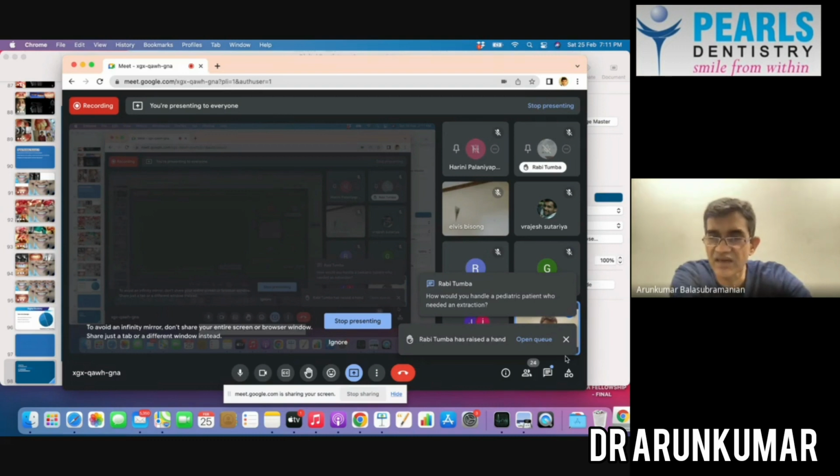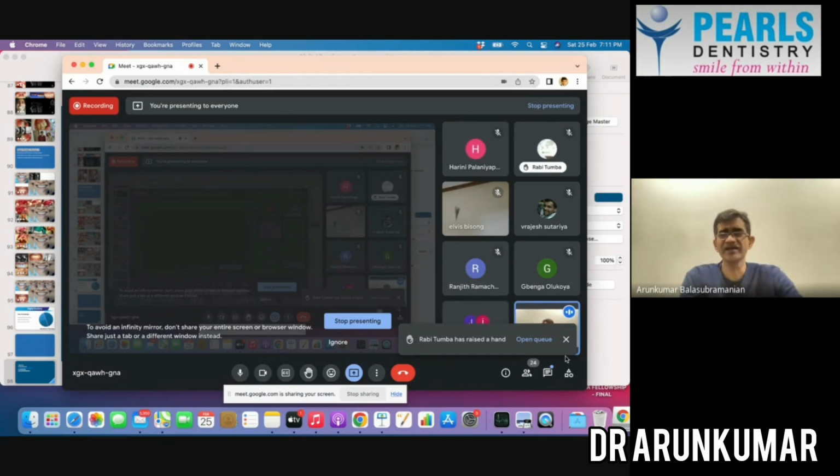The next question is, how would you handle a pediatric patient who needs an extraction? When it comes to children, it depends on the age of the child. It's not that children don't want to be cooperative; they lack the cooperative ability. Generally, with pediatric patients, there are two kinds of extractions that can happen. One is an exfoliating tooth,